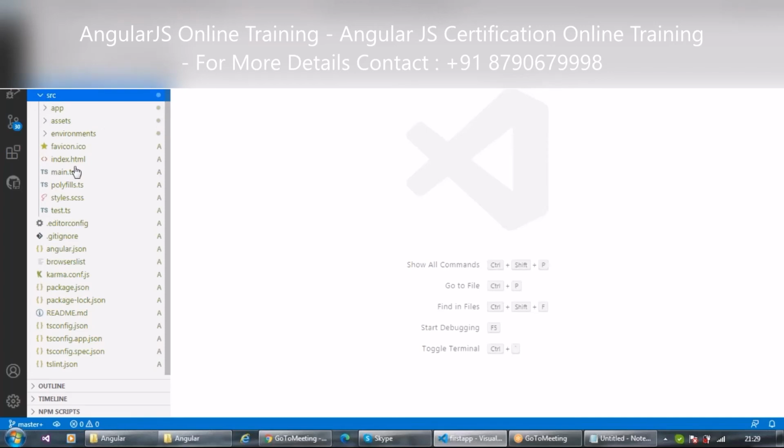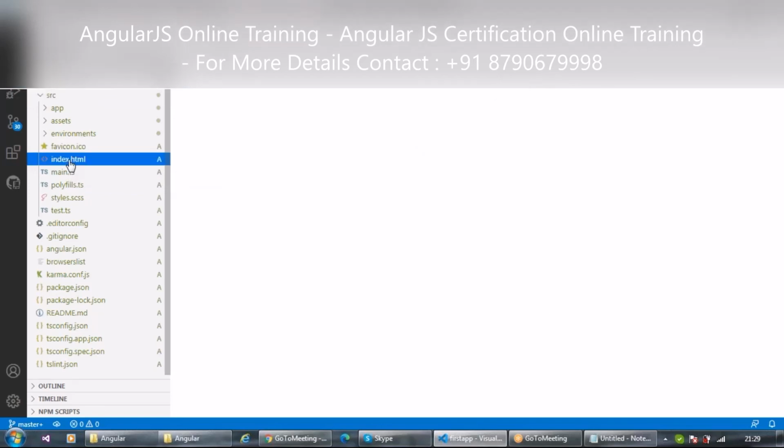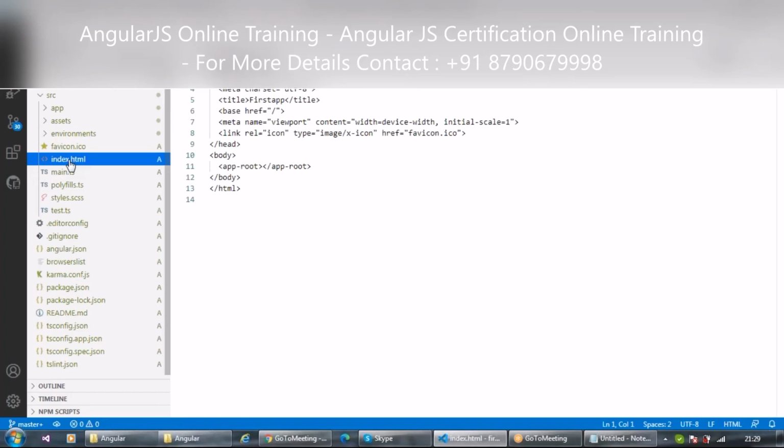Now you see this index.html file. You must be aware that when we run an application, we have to have an HTML page or HTML file, right? You agree with this part? Yes. Good.